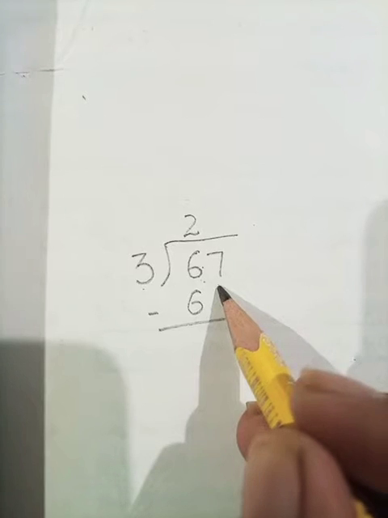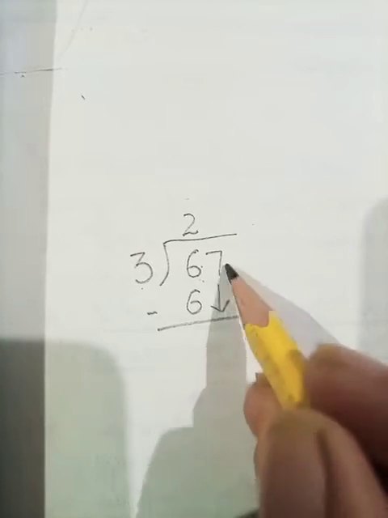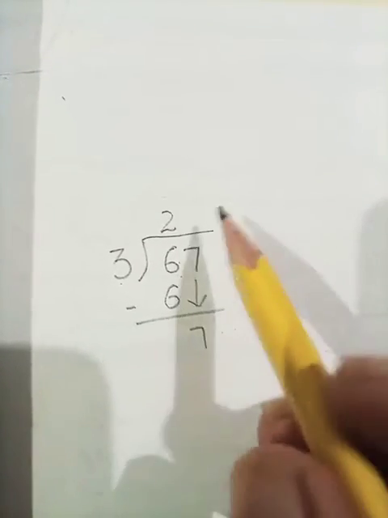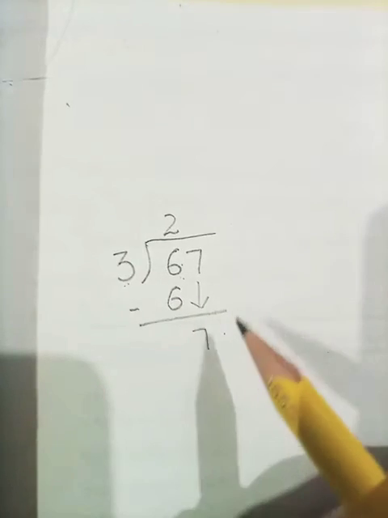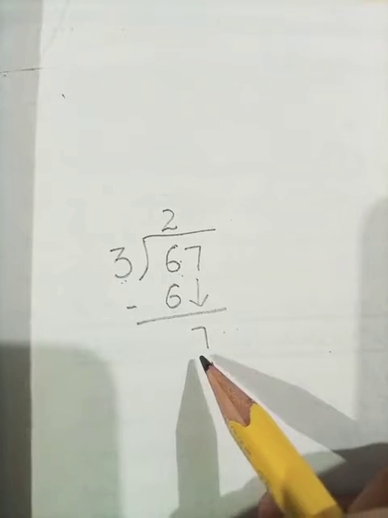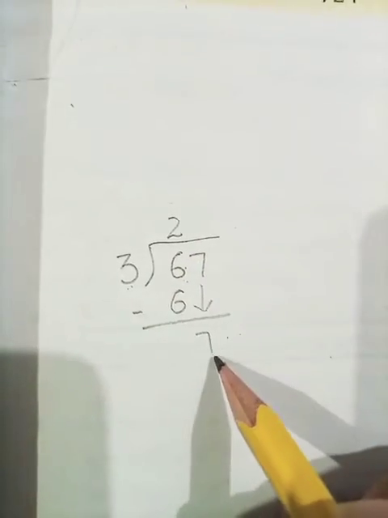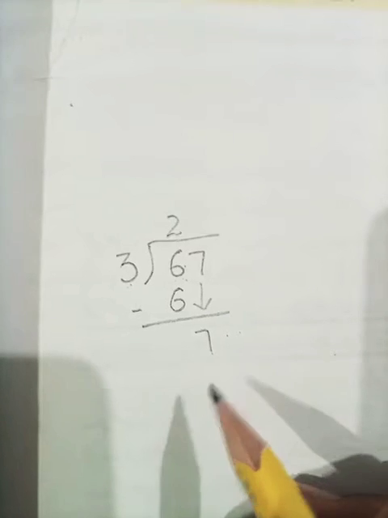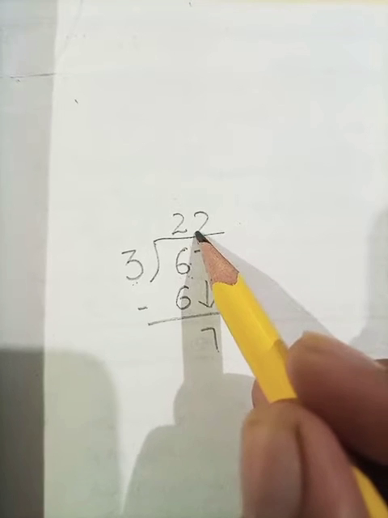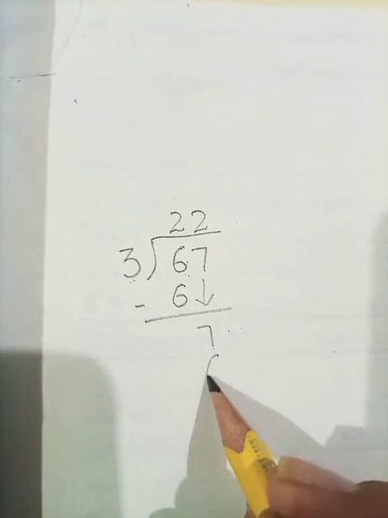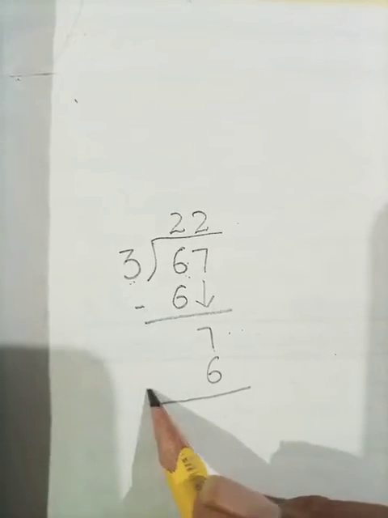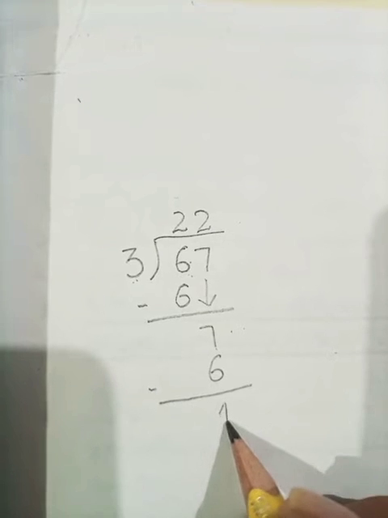And next, we are taking our 7 here. Okay, now students, compare our divisor with the 7. 7 is quite bigger, so we can divide it further. So 3 1s are 3, 3 2s are 6, 3 3s are 9. 9 becomes greater, so we will write the 6 again here. 3 2s are 6. Now students, tell me the next step. Yes, our next step is again subtraction.